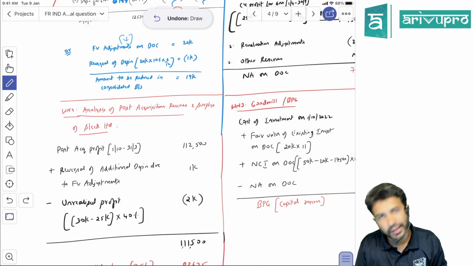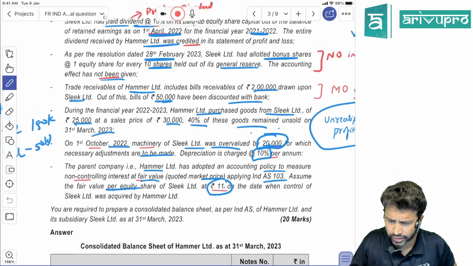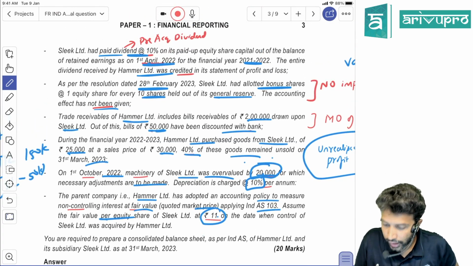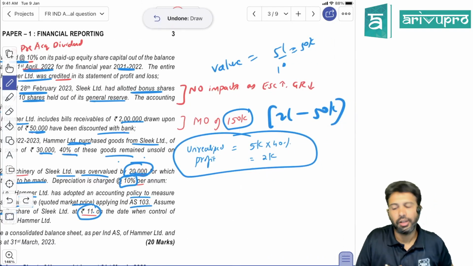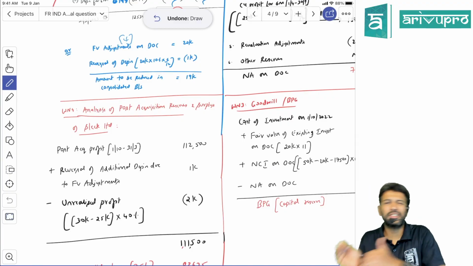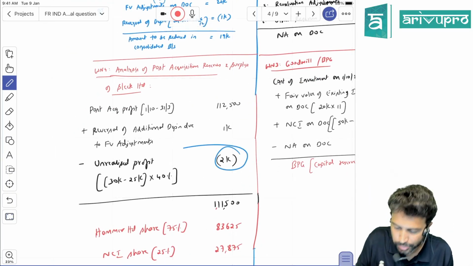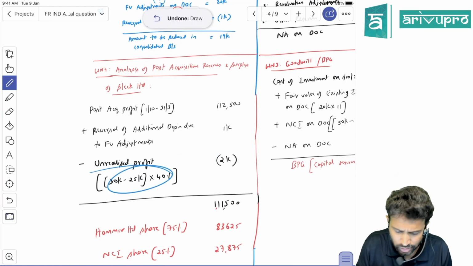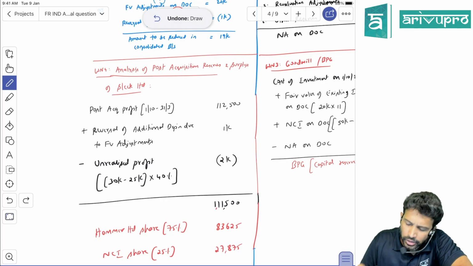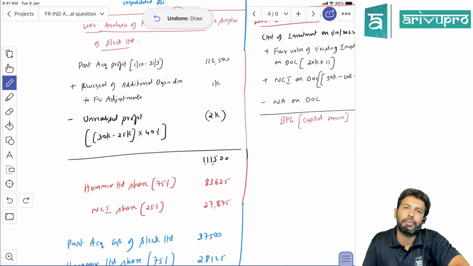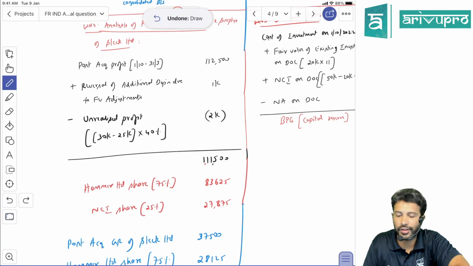Then some goods were sold, by the subsidiary, I think. The subsidiary company has sold the goods. We already calculated the unrealized profit, so you need to eliminate it. Since the subsidiary made this profit and it is unrealized, eliminate it from the subsidiary's post-acquisition profit. There is no need to prepare a working note; directly you can show the calculation like this. Then you will get the revised post-acquisition profit of the subsidiary, which you apportion among parent and NCI in their respective ratio, 75 and 25.